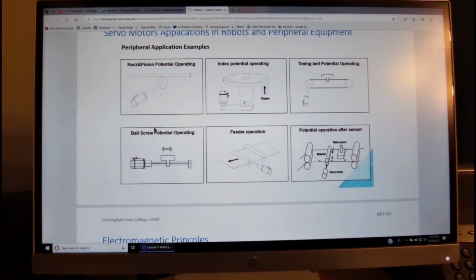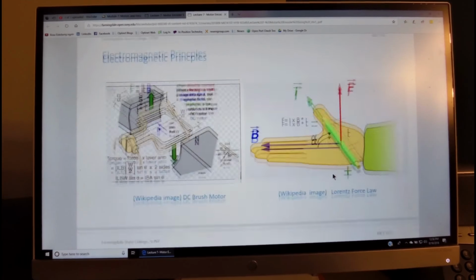Here's another example, a commonly used actuator called a ball screw or lead screw stage that has a slide, a ball screw or lead screw mounted to the base, and a motor and actuator that drive it. Here's another example of a friction device that drives a material such as paper. And over here is another, more complex configuration. It shows the motor driving a friction drive with different markers that determine the arrival of the product.